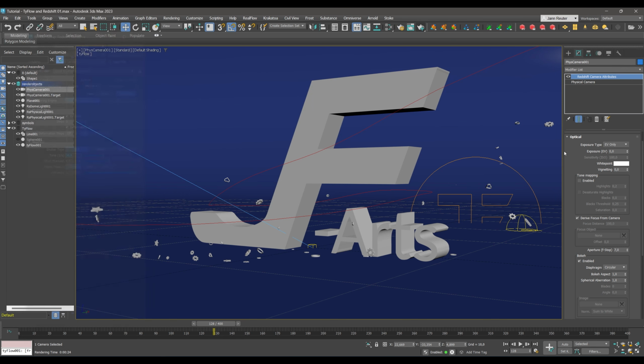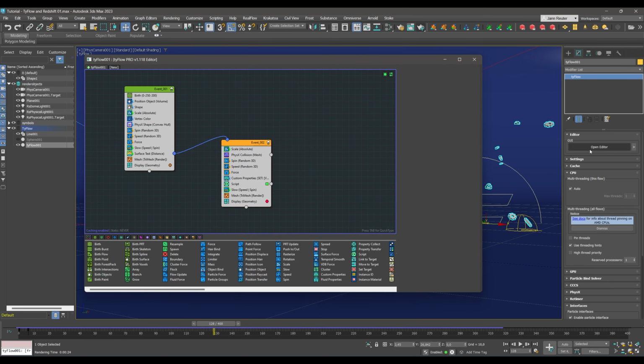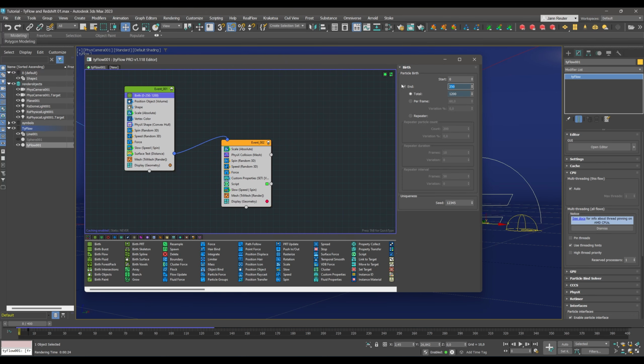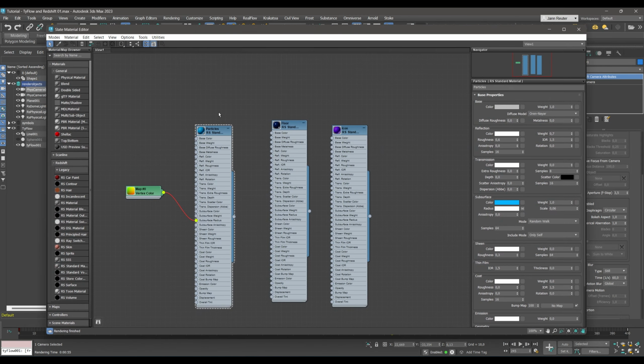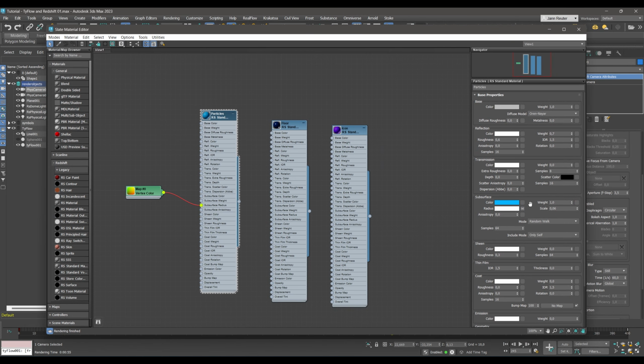So I will increase the particle count, and then I will be right back to show you how it looks with maybe, let's say, 1200 particles. And also I will emit them until maybe frame 280. Okay, I found my final settings, and this would be in the particle material. I changed the scale for the radius up to